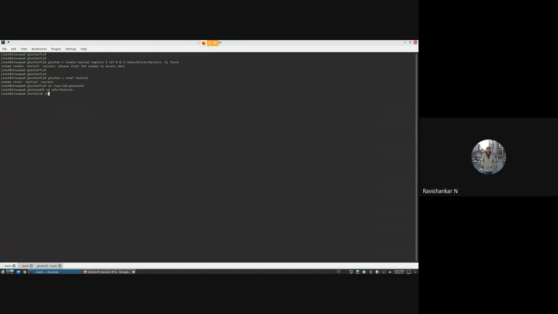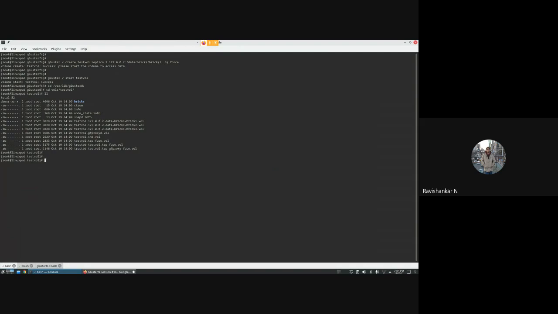Currently the self-heal daemon graph is one per volume. Earlier it was non-multiplexed, I mean earlier it was like one common volfile, but that change is again being reverted upstream and brought back to the old behavior. But for now, in the current code, it is one per volume. And the graph is there in this one. The name of the volume was test-vol.